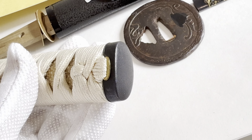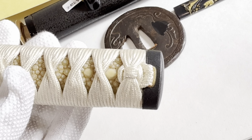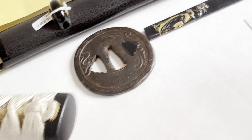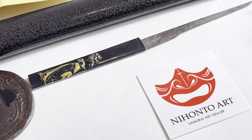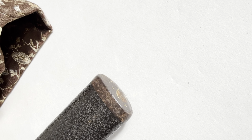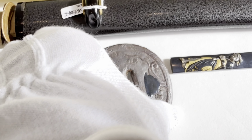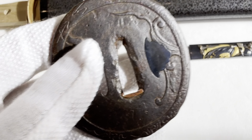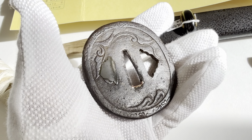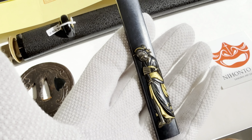Kojiri is a simple shakudo with very small nanako. And the kojiri has the same kind of ambiance as the tsuba. Really tasteful. So you have this hole that hasn't been plugged, and that is for this marvellous